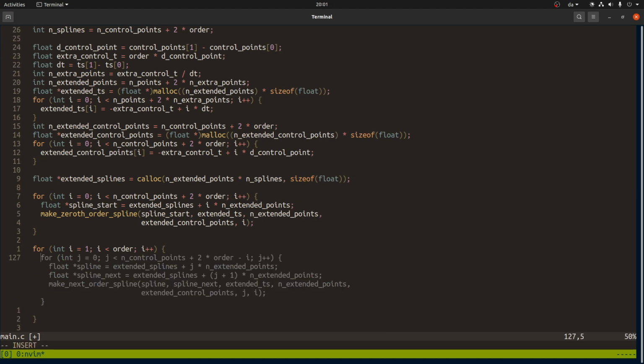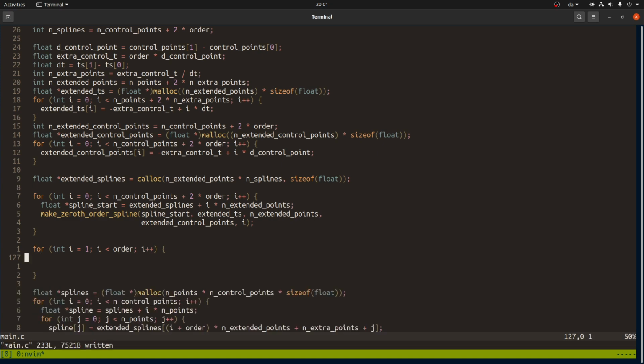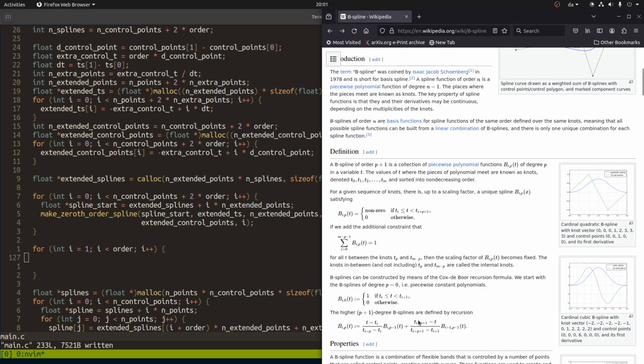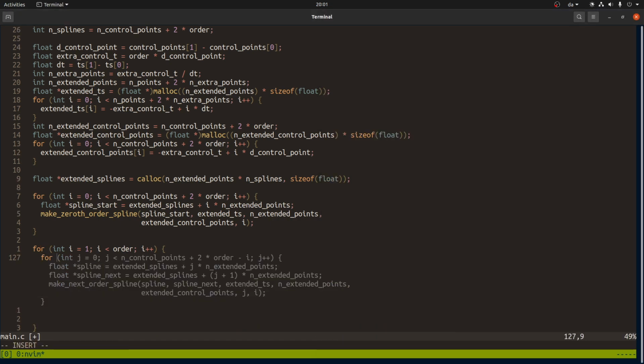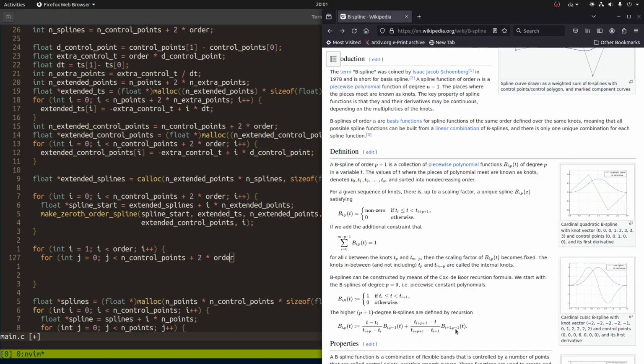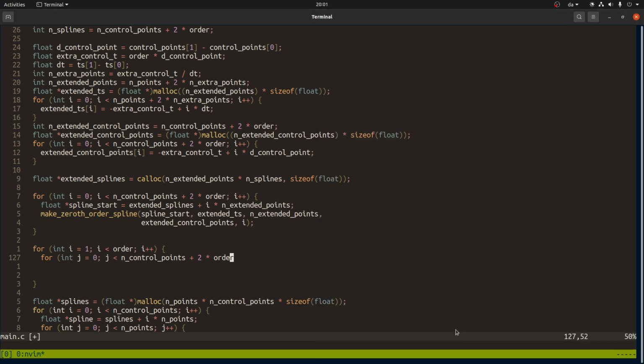And then we loop over all the splines and we apply this formula. So we loop over all the splines except the last one. So we have to say for int j = 0, j less than number of the control points plus 2 times order, minus i. Why does it have minus i? But that sounds